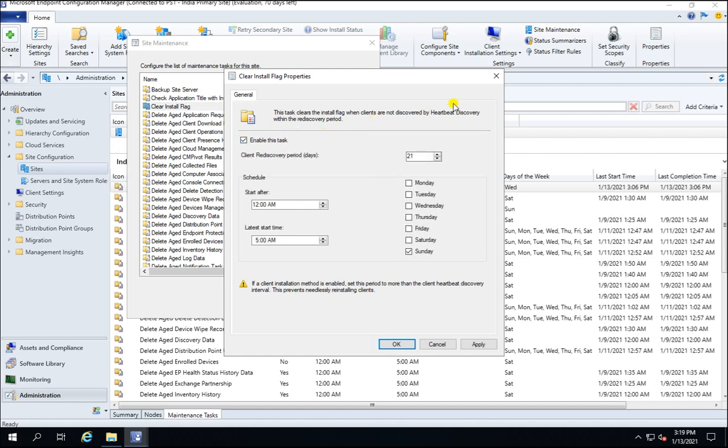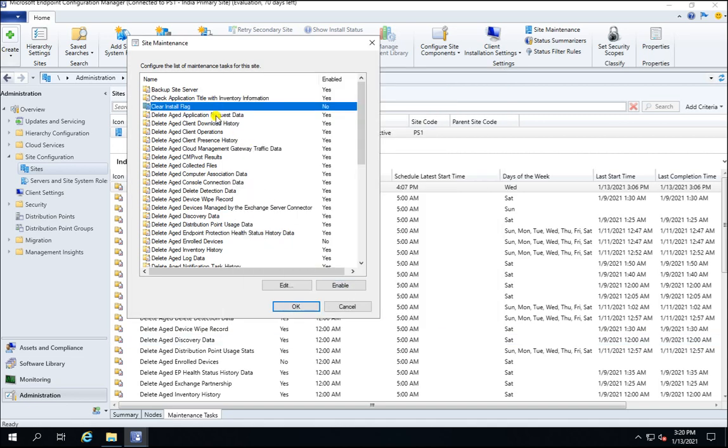You can run this task and schedule how old a DDR, if available in the folder, can be before it is deleted. It is up to you what date you want to set up: 30 days, 1 week, 60 days, whatever you like. You can put the time and set it for a Saturday, Sunday or the weekend, outside of business hours. You can also give the timeline within which your task will be completed. So that is for the clear flags used by hardware discovery. Okay, so these are all the maintenance tasks here.